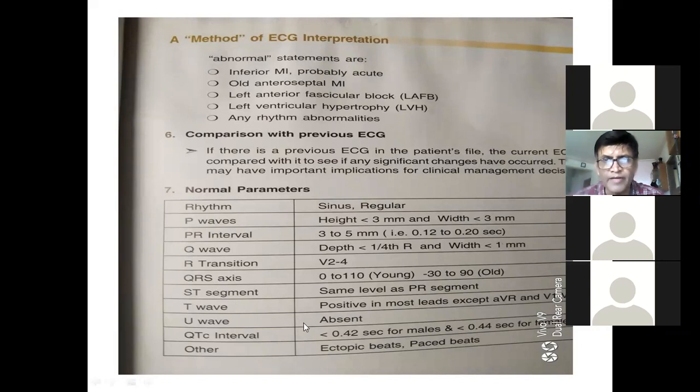Sir, one question. T wave. The T wave is the recovery of the ventricles. So are these things clear? Normal parameters are clear? Can we go ahead? The QT interval is also given there. What is the normal? It should be almost less than 10 squares. It is given as 0.42.